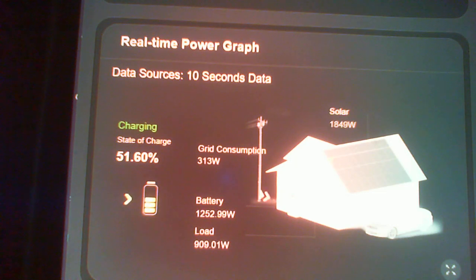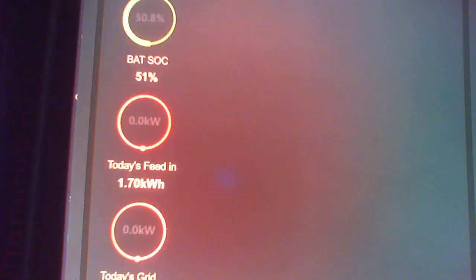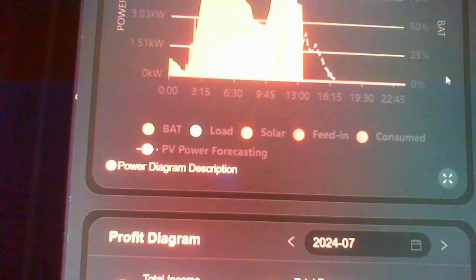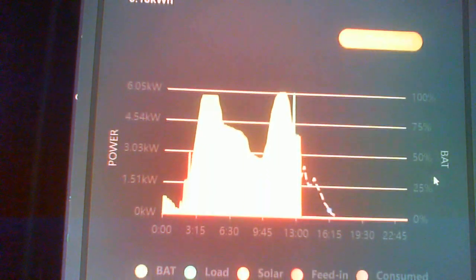And this, mate, they're charging me 500 grid consumption just then, when the load is half of the solar coming in. And so the other thing, I mean, this video's been going for a while. Yep, that's gone up. So this has come up by 0.1 now. And then we look here, and all of what they've done is